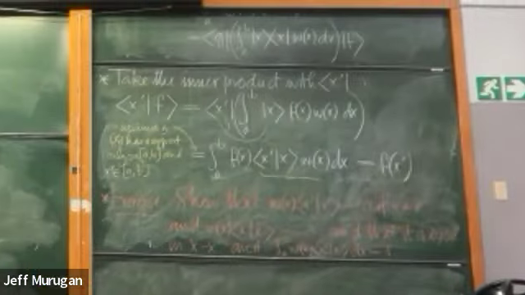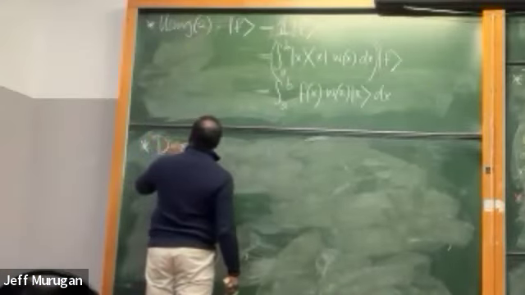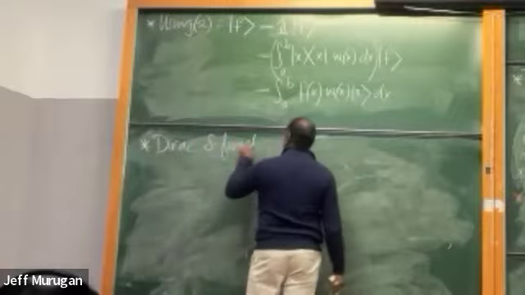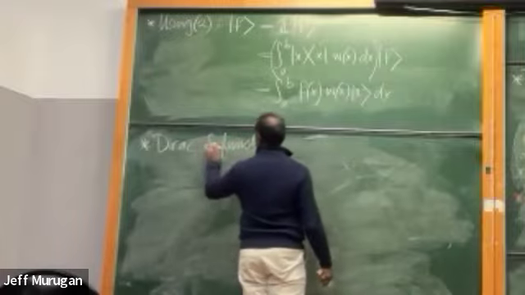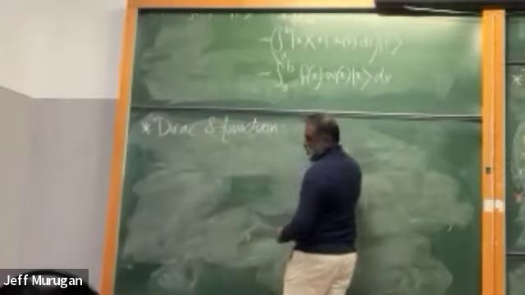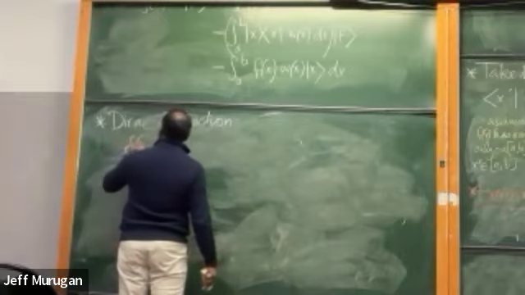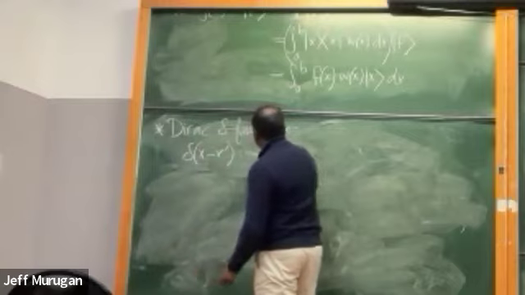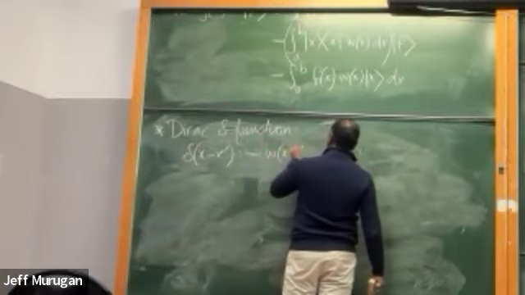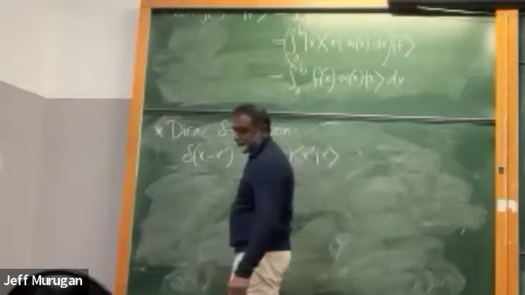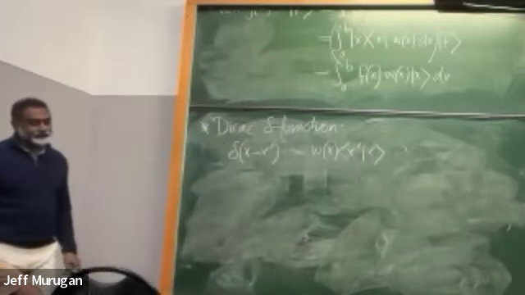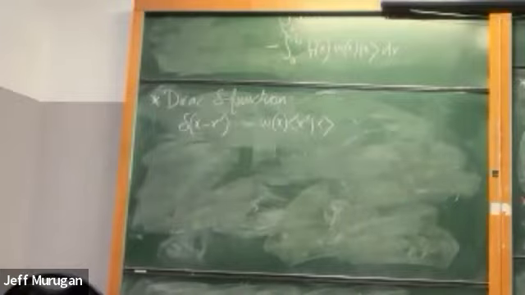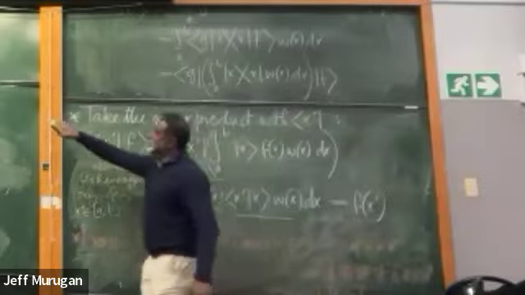That's exactly the argument I wanted to make. This thing is called the Dirac delta function, or the generalized Dirac delta function, delta of X minus X prime, which is defined to be this W of X, X prime inner product X. And it satisfies